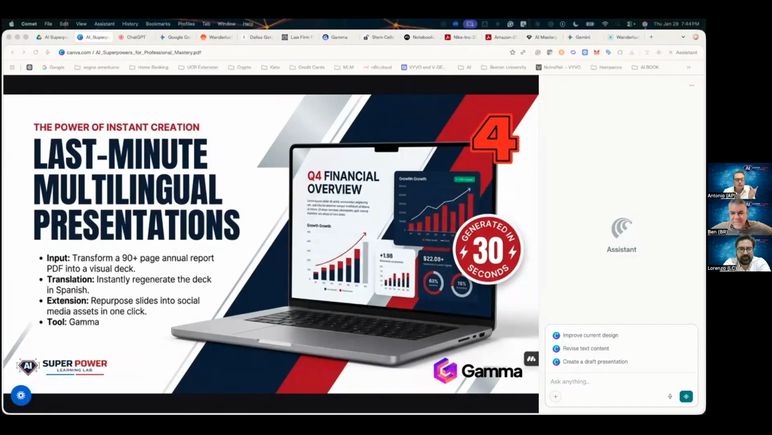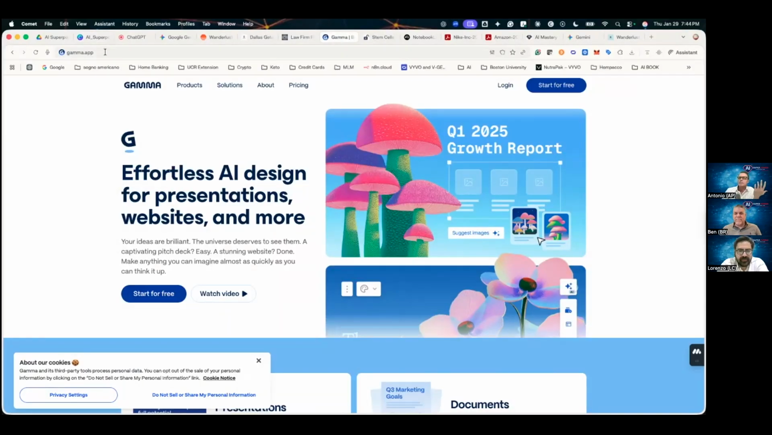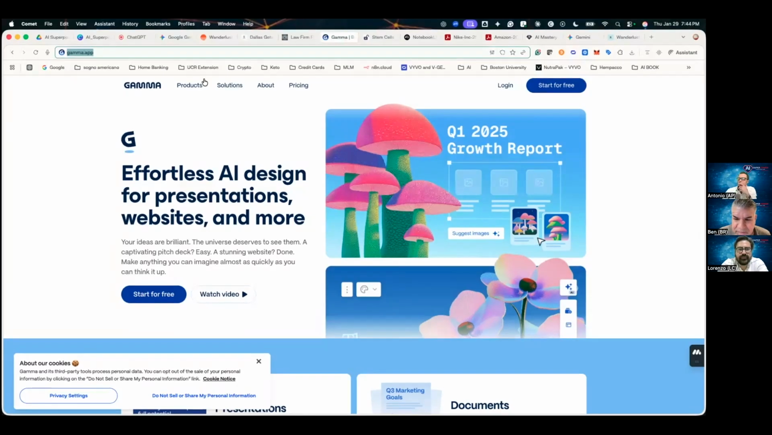So let me show you how it works, right? We have Gamma, and you go to gamma.app. There are different gammas, so be sure that you use this one. Again, we are not affiliated. I have a paid subscription because I love it, and I also use it constantly. So I log in,